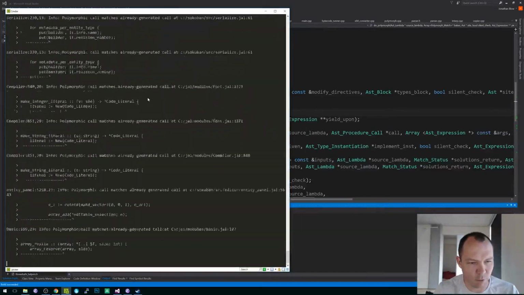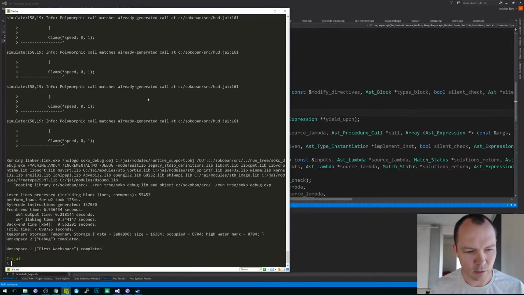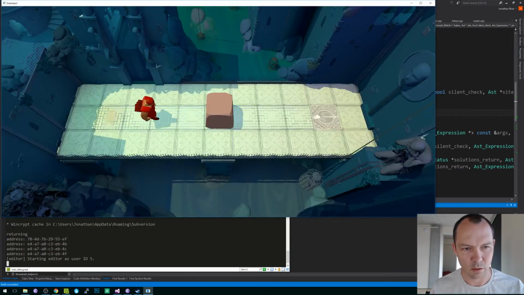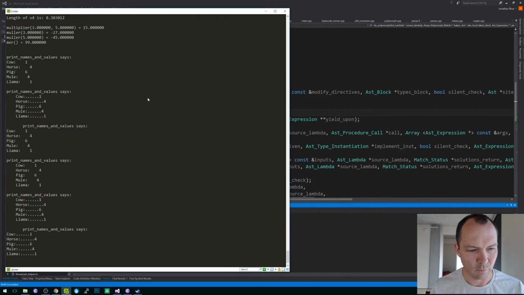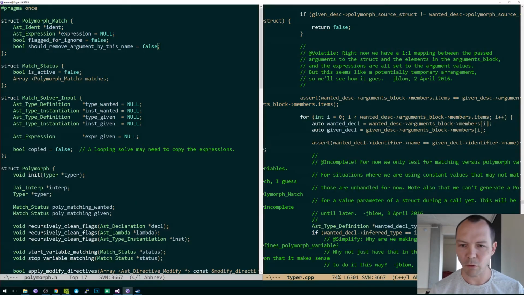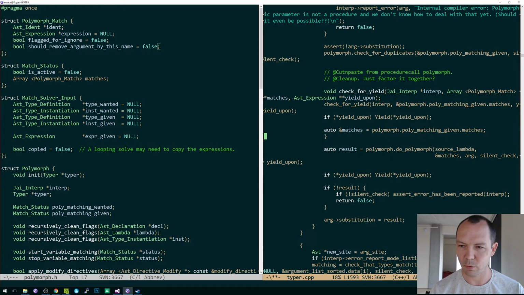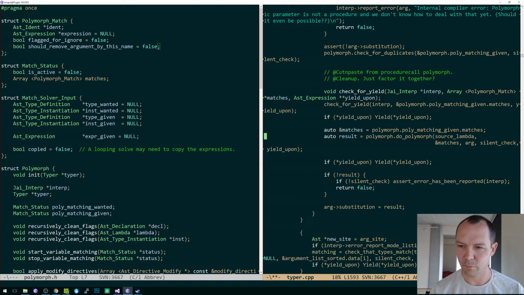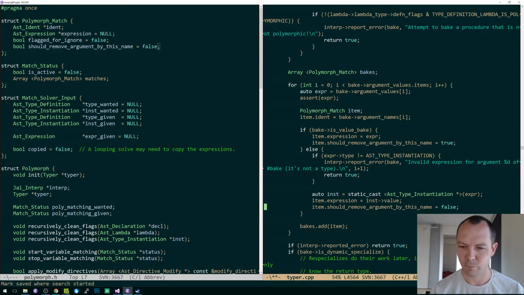Also, Gabon's compiling. It's compiling. All right. That's working. Okay, so that means that then I can remove this hack loop. Remove that